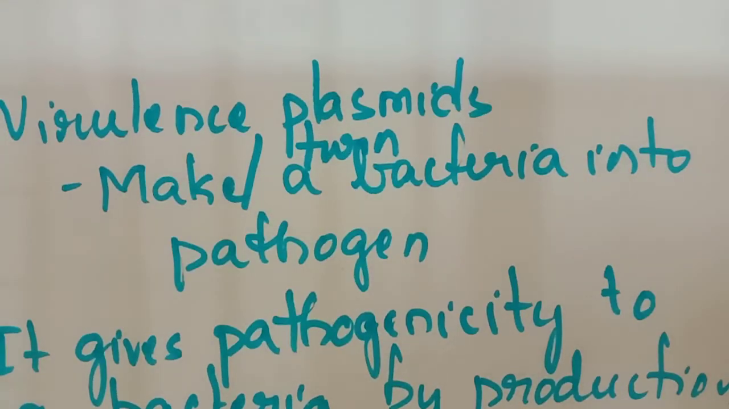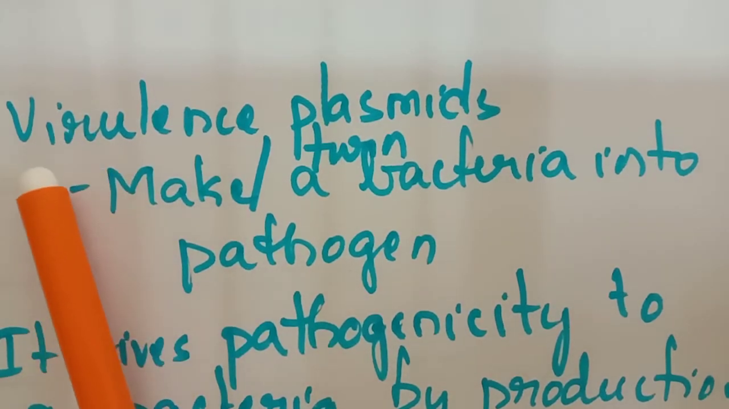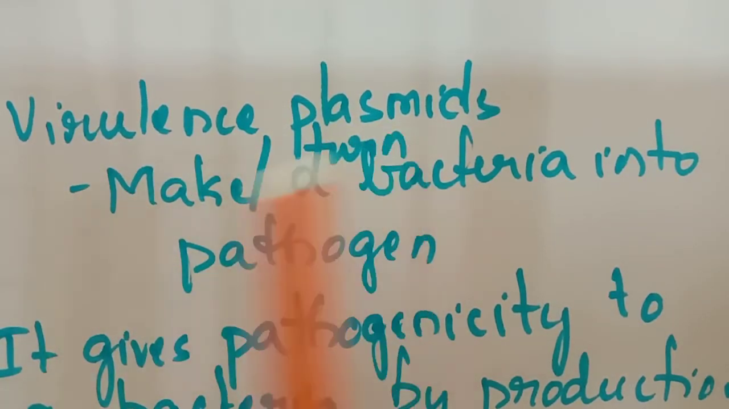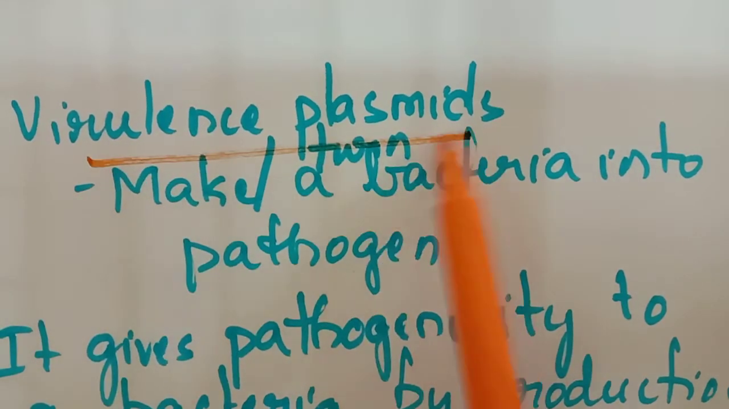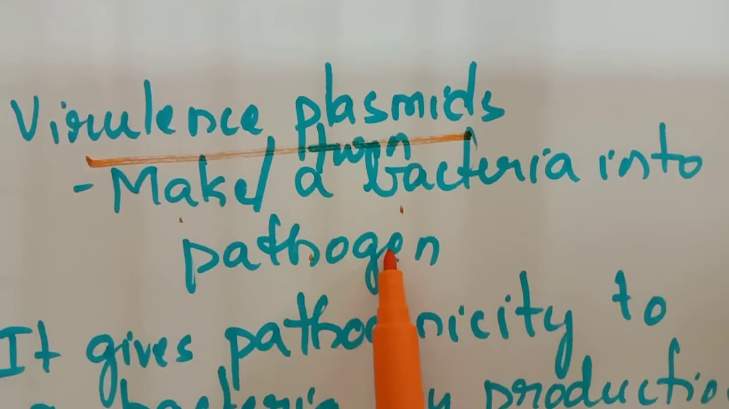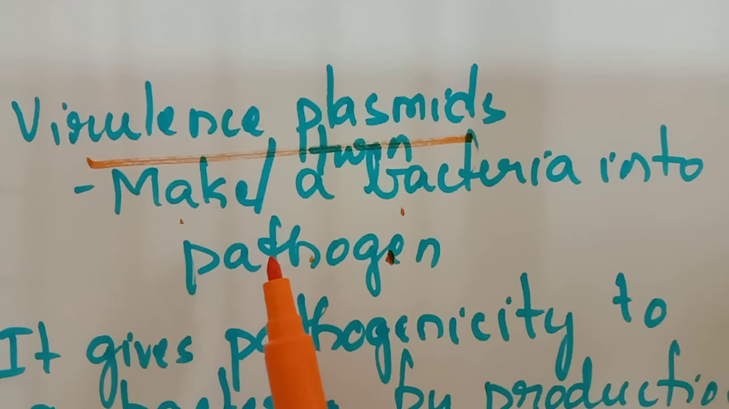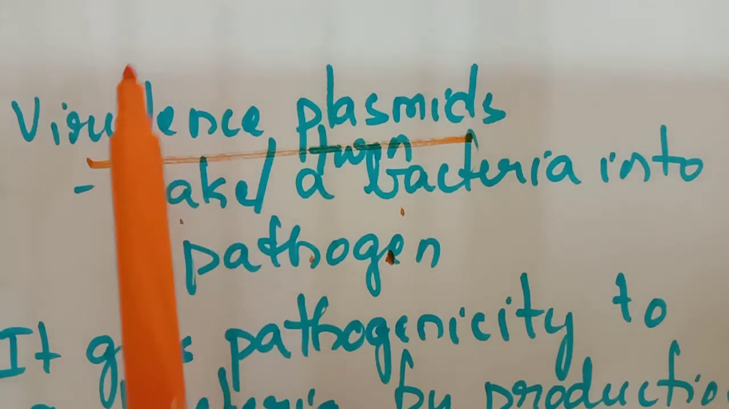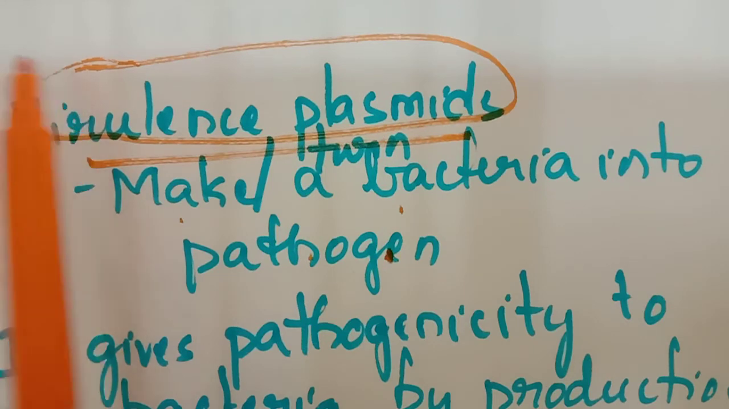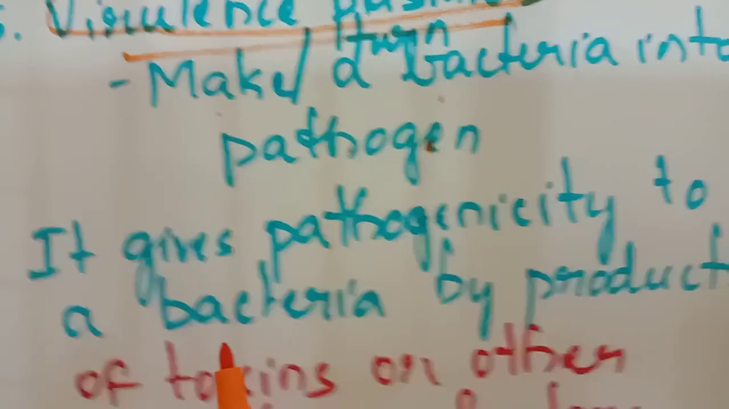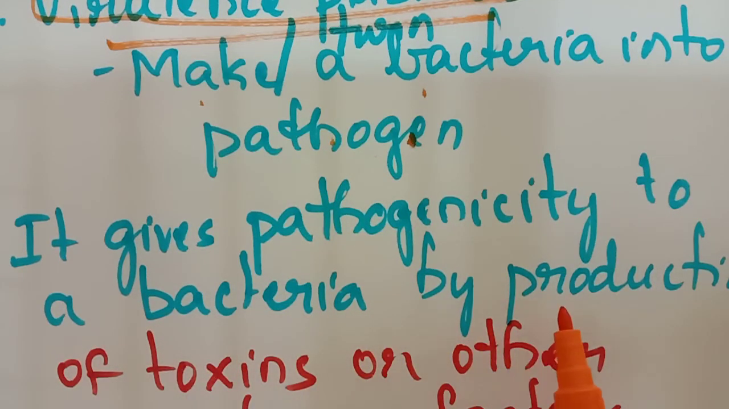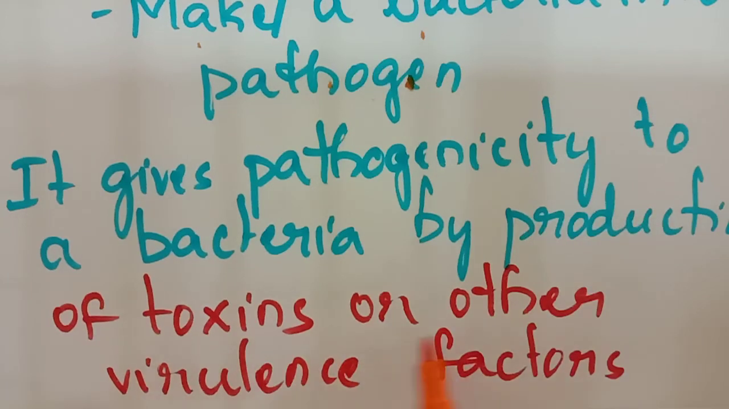The fifth category of plasmid coding for phenotypic trait is virulence plasmids. What these virulence plasmids will do is turn the bacteria into a pathogen. Previously these bacteria did not have any pathogenic capacity, but because of the presence of virulence plasmid, a bacterium will become a pathogenic bacterium. So this particular virulence plasmid will give pathogenicity to the bacteria by producing toxins or other virulence factors. So this is regarding the plasmid coding for phenotypic